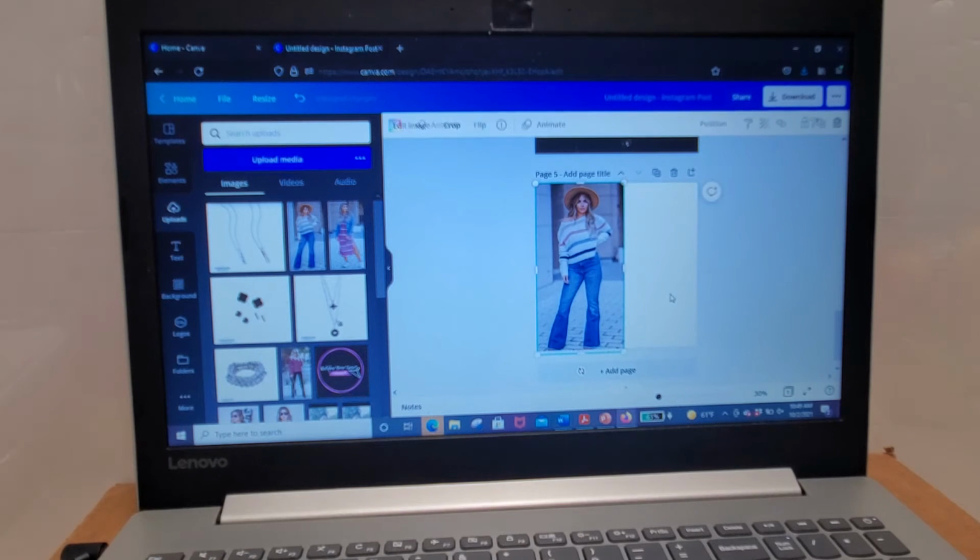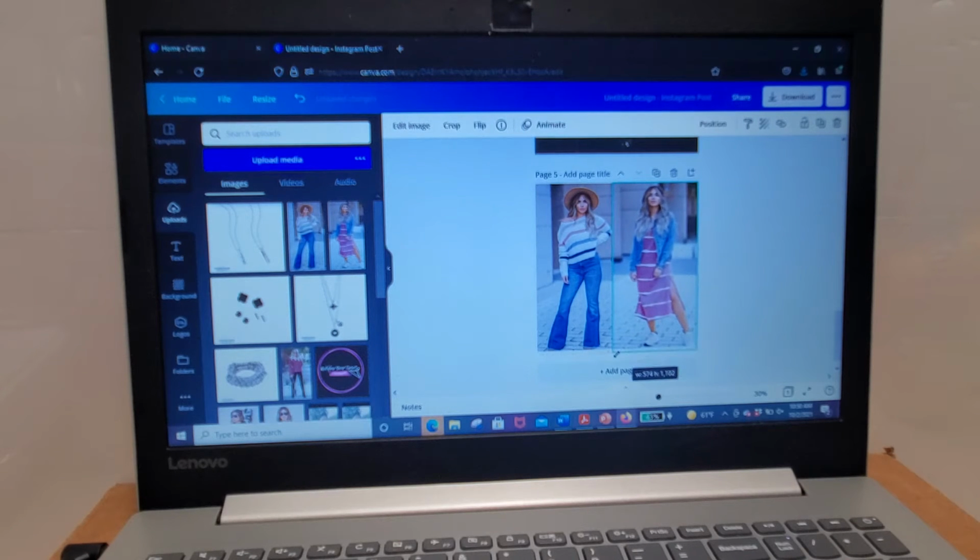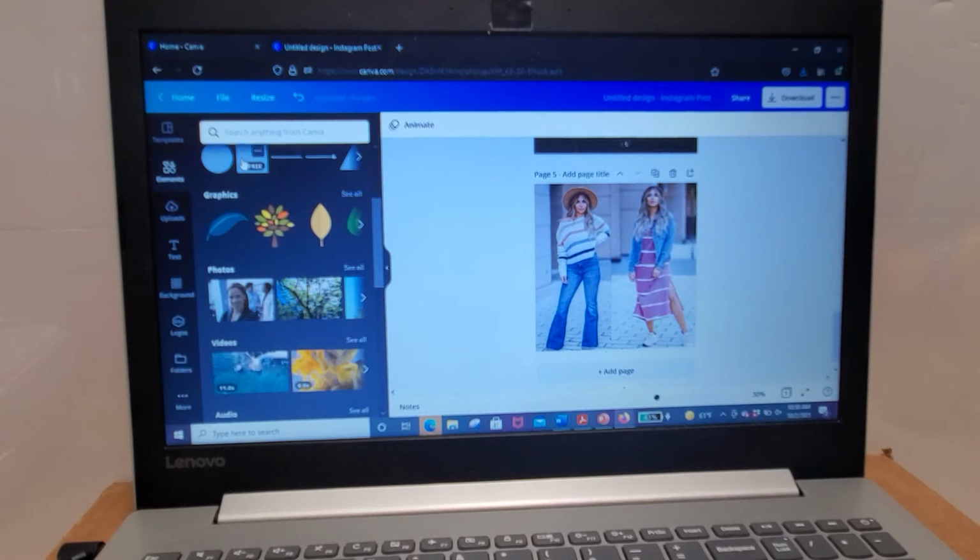So I want to fill that up, and then you click on the next image and it just pulls it right there. And so you want to pull it over to the edge and fill this in as well. So there you go. So I have 2 outfits here, and then I'm going to go to the elements. I'm going to add a square. I'm going to put the square over top